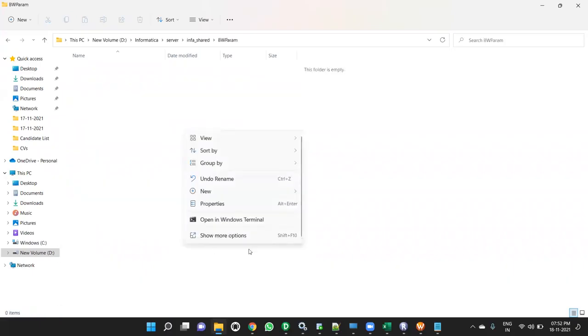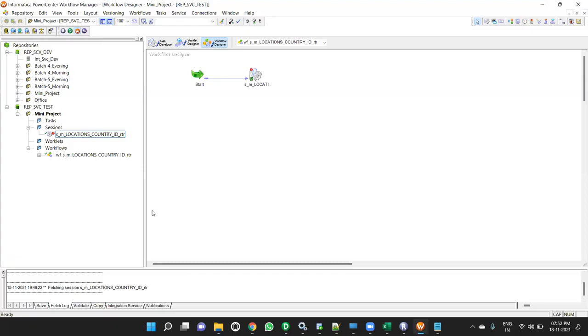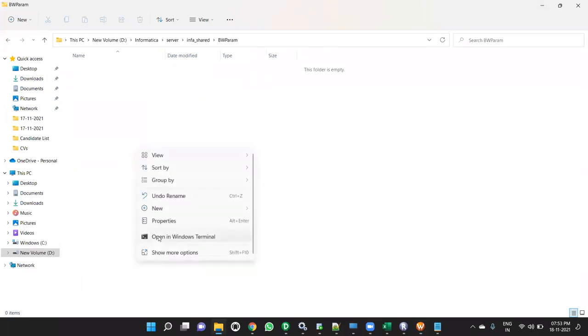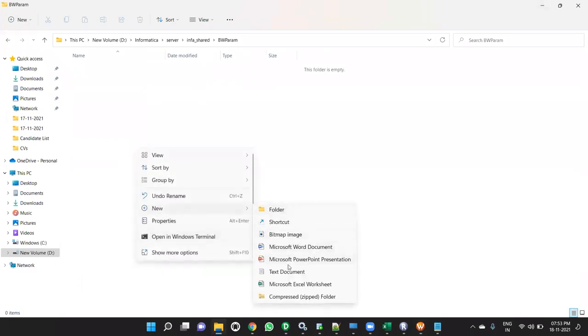Normally, in some projects they will create one parameter file for each workflow. Some projects will use the same parameter file for all the workflows. Anything you can use. So either you can create a single parameter file for a single workflow, or the same parameter file for all the workflows. Now I will create one common parameter file